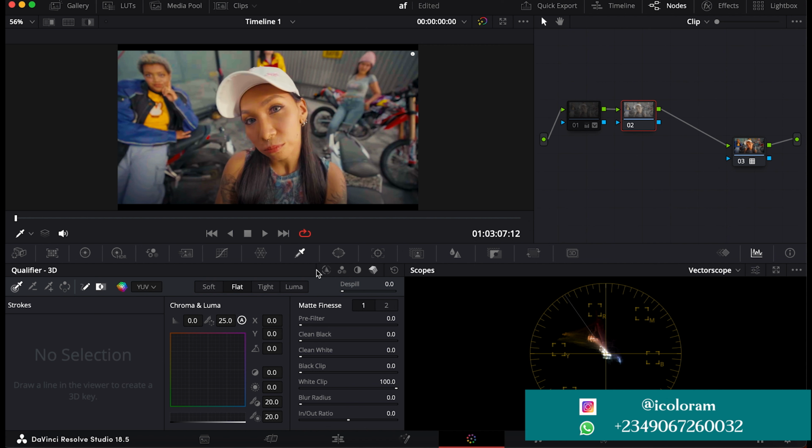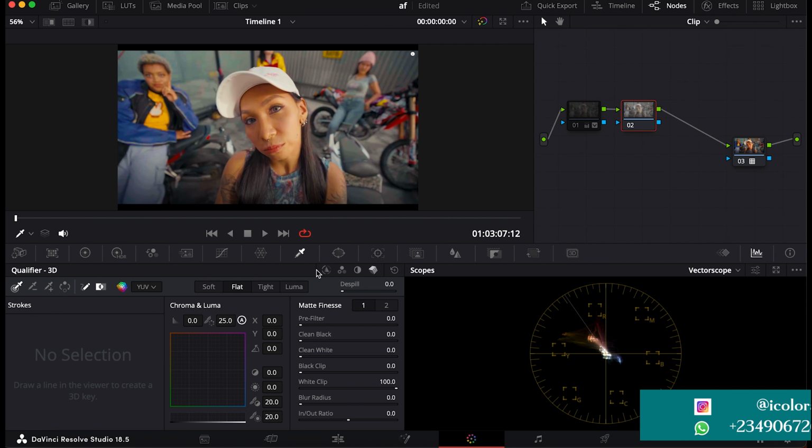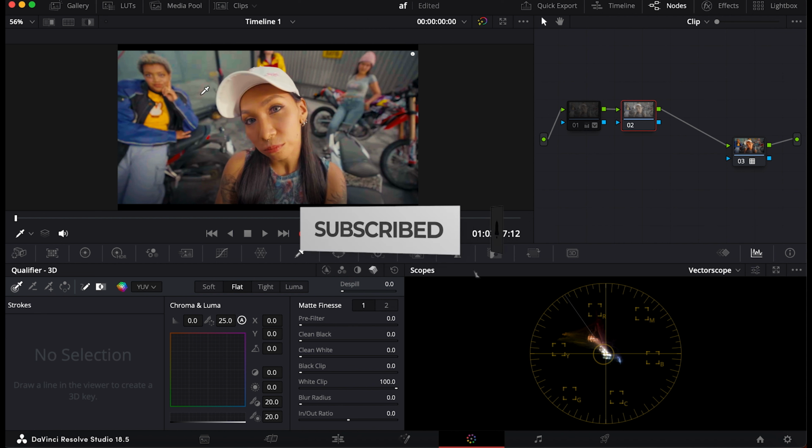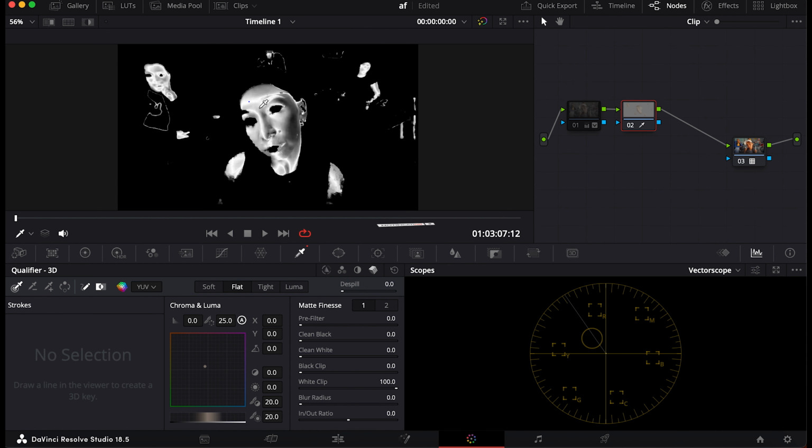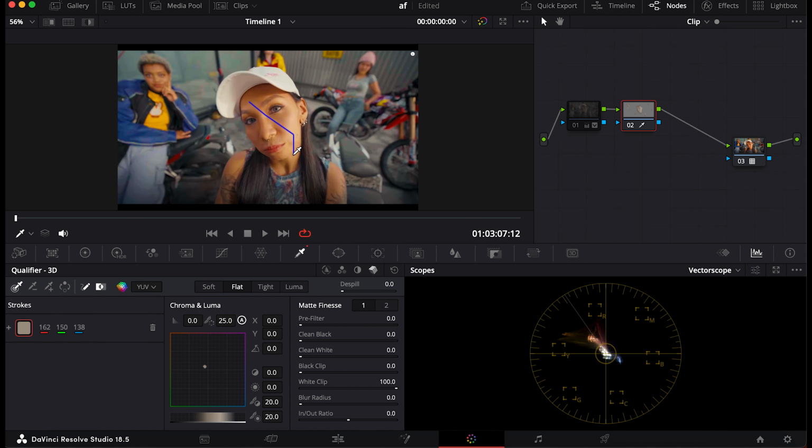You can see that we had to go through a longer process to select just the skin, but with this 3D qualifier you actually see that it picks the skin for us easy and smooth. So let's go. All we have to do is just click and drag and draw around till it picks what we want. So this is us going down, and I'll leave it here first,